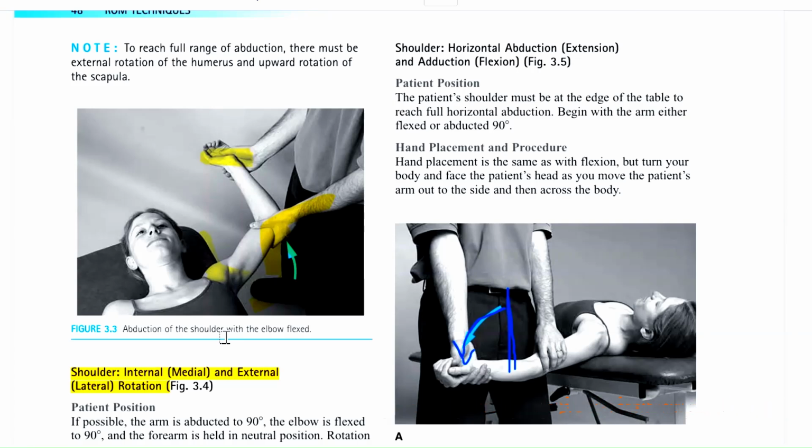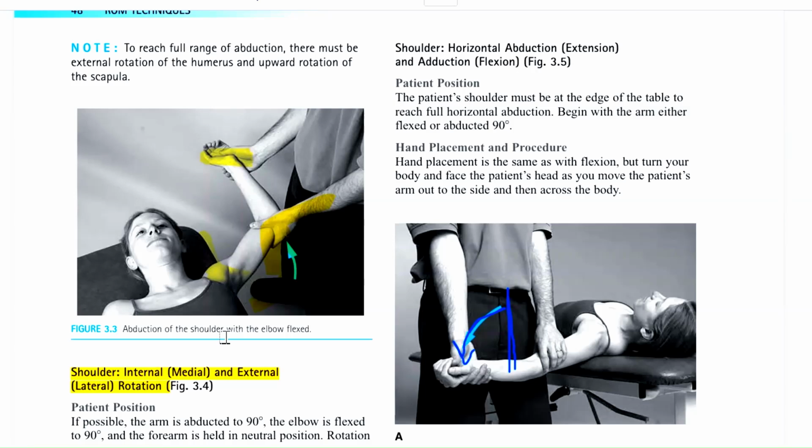So majorly what you have been performing is shoulder abduction and adduction simultaneously. You maintain this position and perform the movement, abduction and adduction, which completes the range of motion of the shoulder. This is the best way to perform it because the patient is comfortable, and the therapist can also comfortably perform this range of motion.